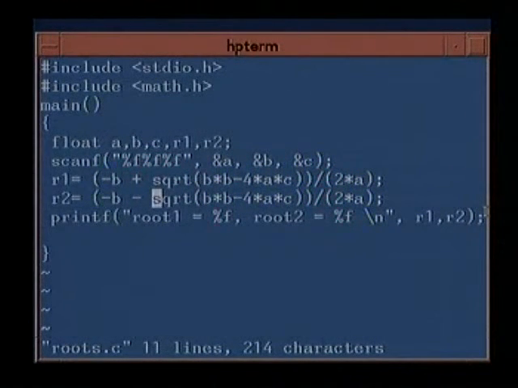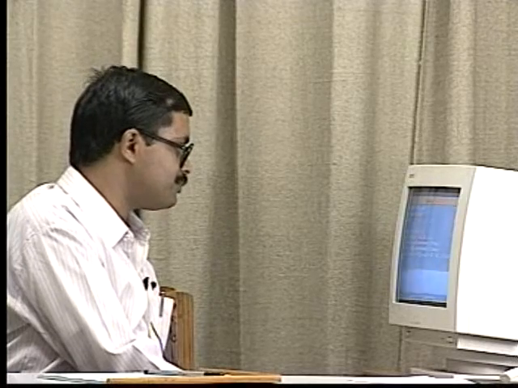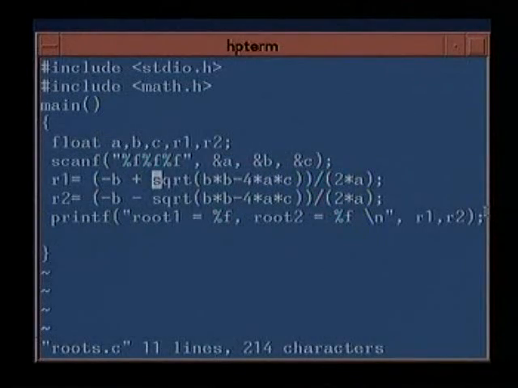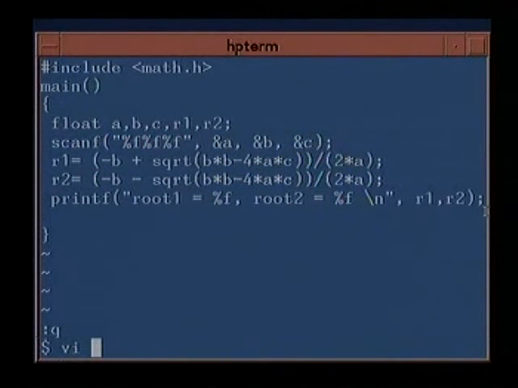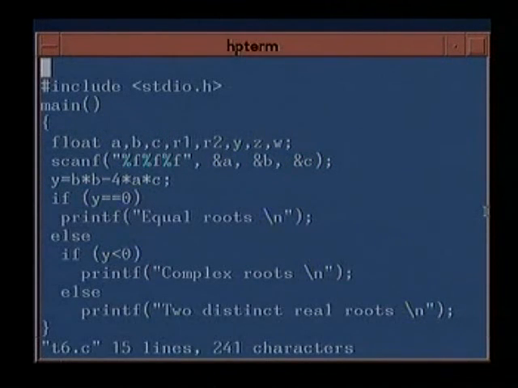However, this program does not take care of separating out the cases when the roots are equal, when the roots are complex and when the roots are unequal. That is, the 2 real roots are there, complex roots are there and the equal roots are there. So, let us see how we will separate out the 3 parts. In order to separate out the 3 parts, we need the conditional statement or the if statement. There is an if statement in C language as well. Here is the program which does that.